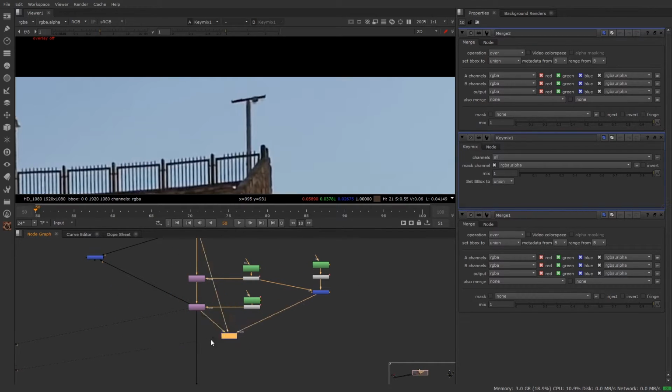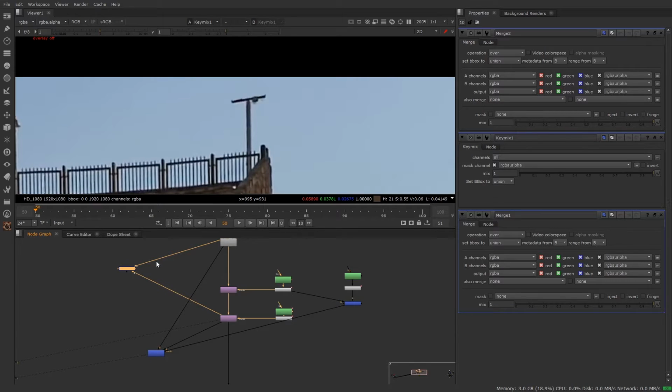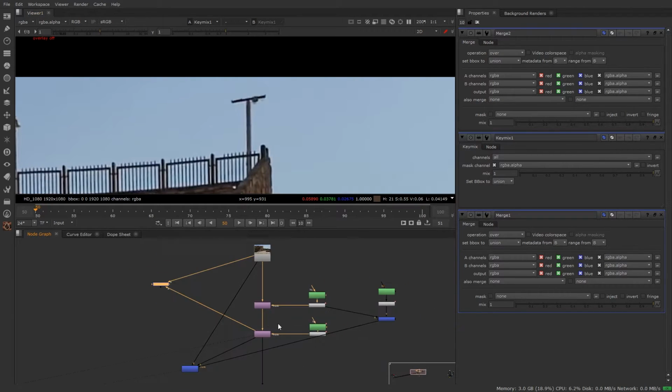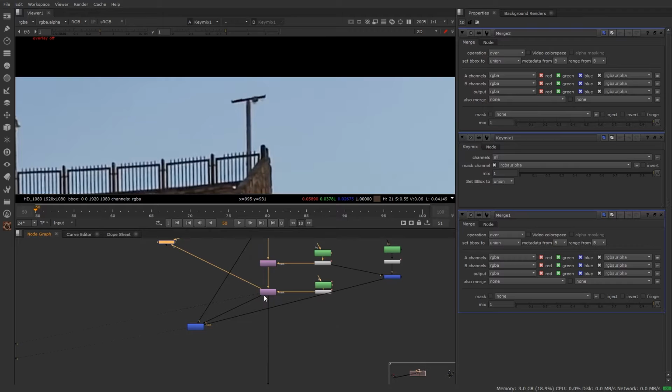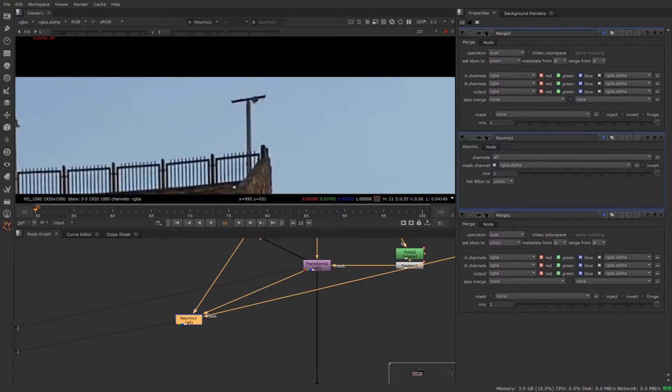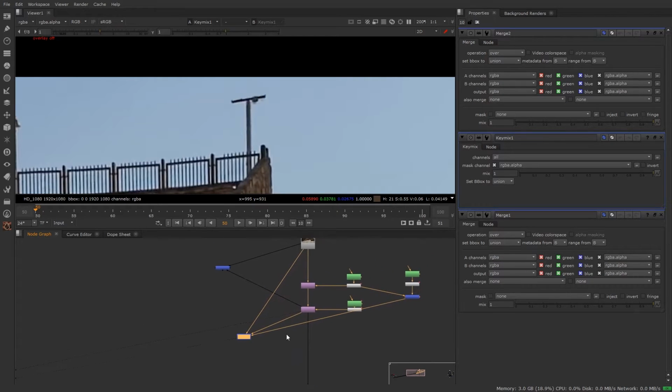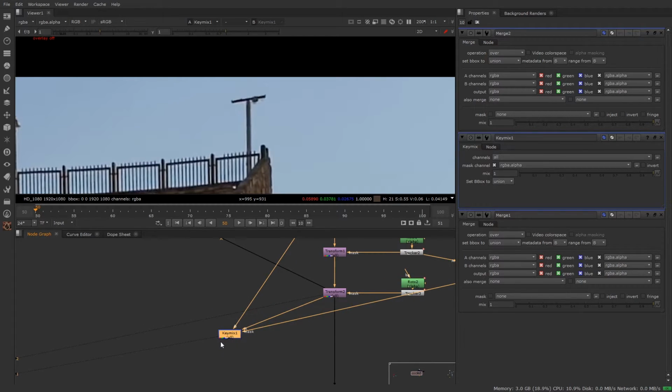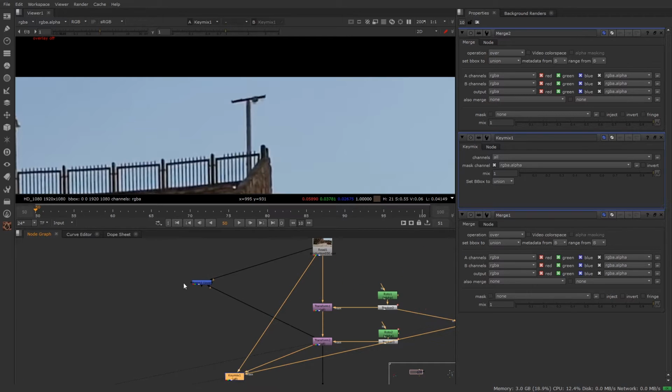So this is how the Keymix works. Now you will say, merge is totally simple, you just connect A and B and it will show the A pipe over the B pipe. So yes, you are right, but the Keymix node is especially designed for the case where you have three separate images, like a foreground image, a background image and a separate alpha. It's not necessary to use Keymix all the time, as merge simply does the basic job.